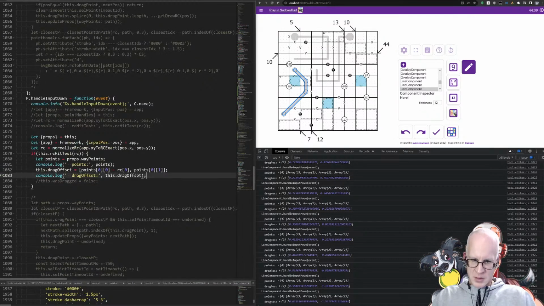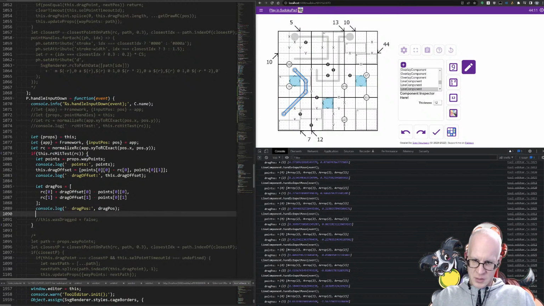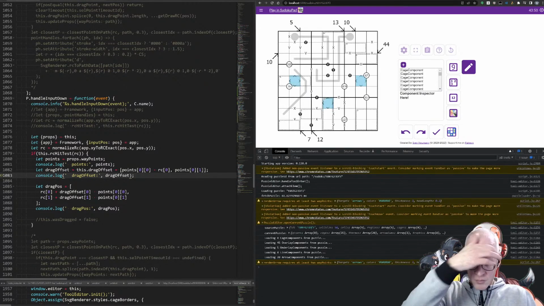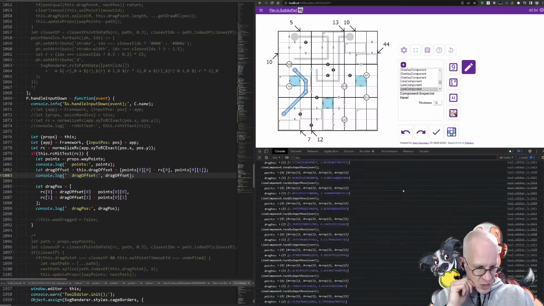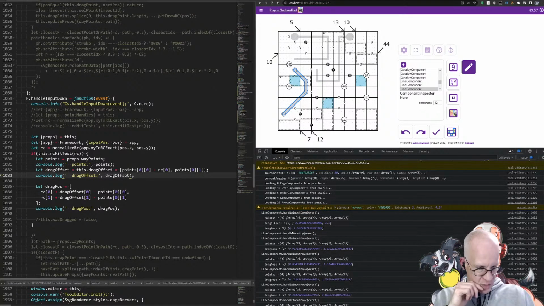So let's output it here and confirm that. Drag position. How does it come to a positive number over here? 0, 0, 0, 1, 1, 1. 0, 0, 0, 1. Because